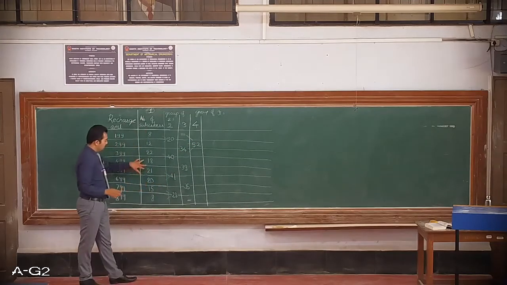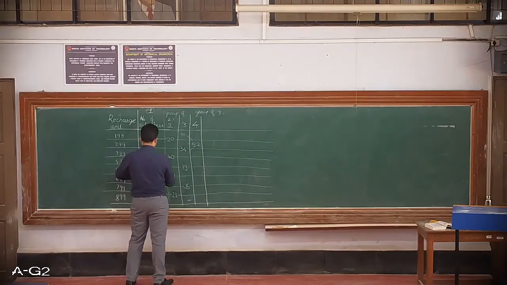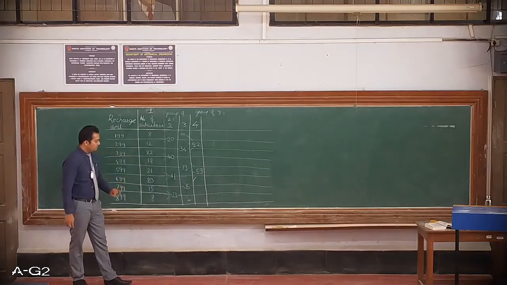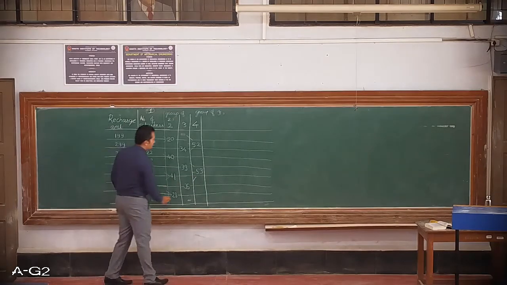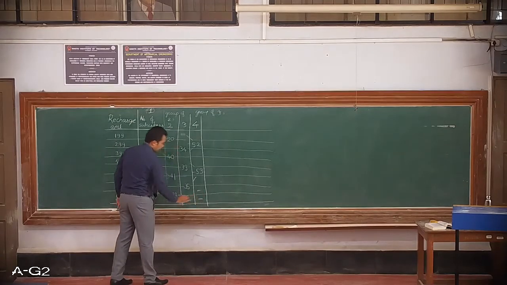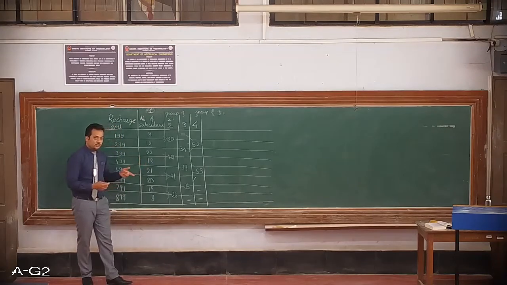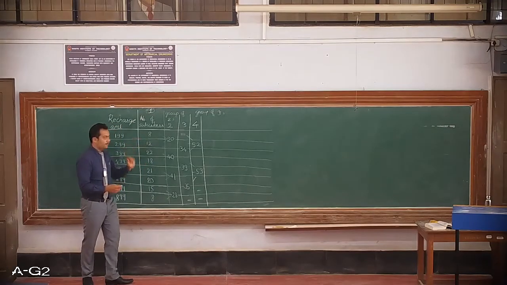Then these three I have to add together. So this gives me 59. So the addition of these three would be 59. Then we are remaining with 2 where grouping of 3 is not possible. So let me leave it blank. Okay. So now again I'll continue with 3 groups leaving the first one.